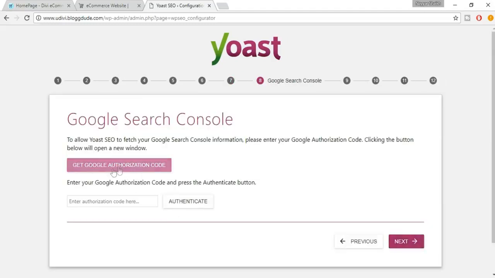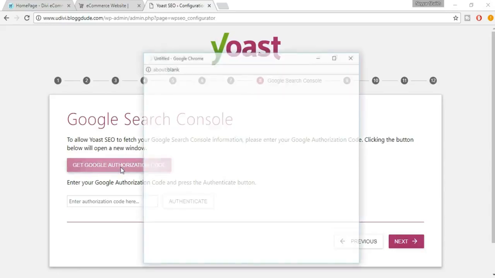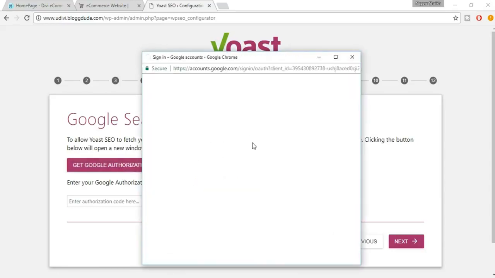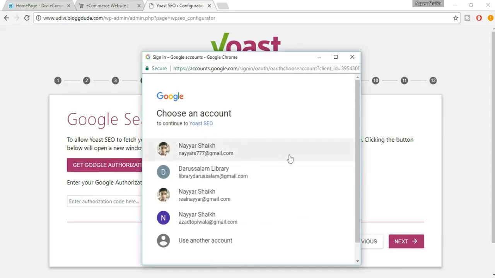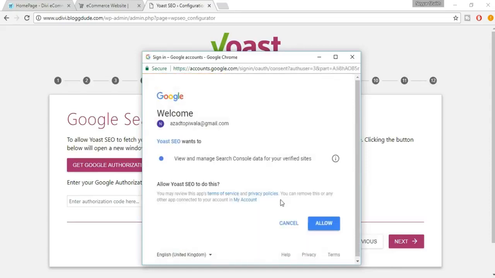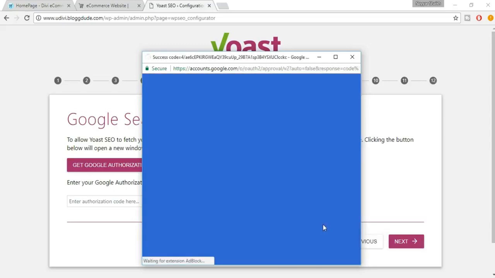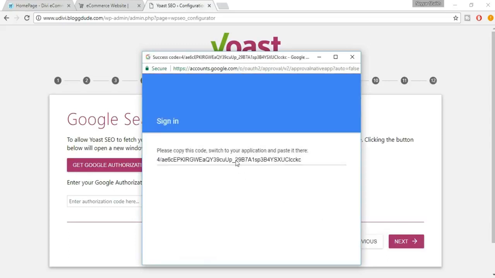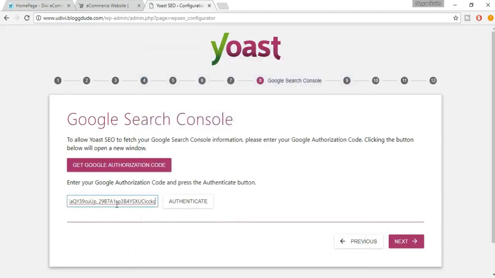Okay, now you have to get the Google authentication code, so just click on this. Okay, select your account. Click on allow. Just copy this code, paste it over here. Now click on next,